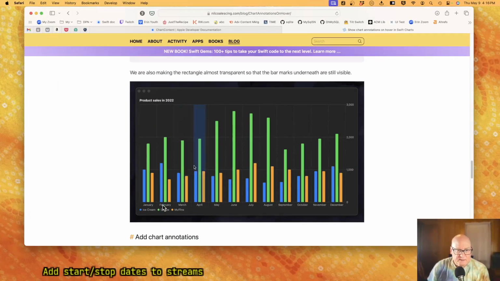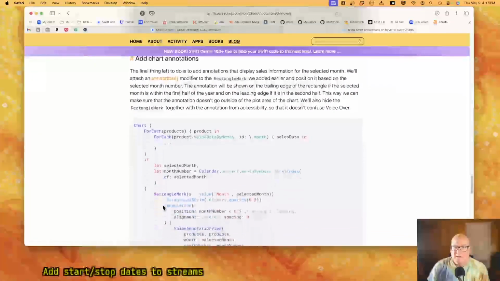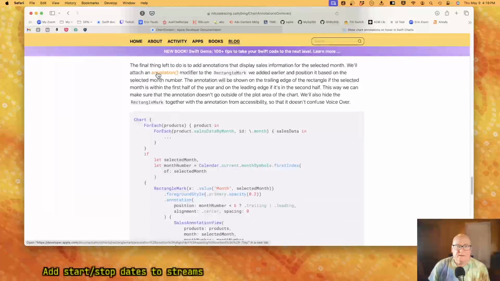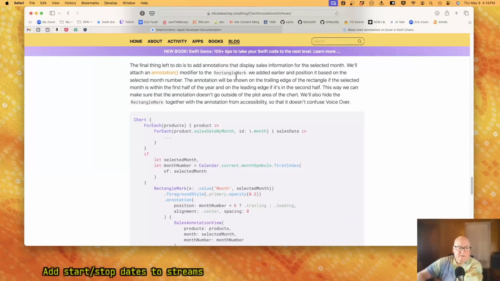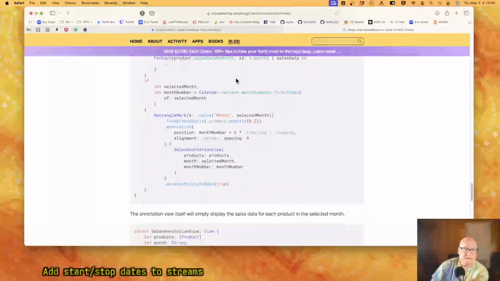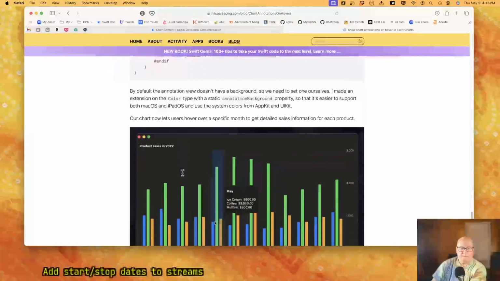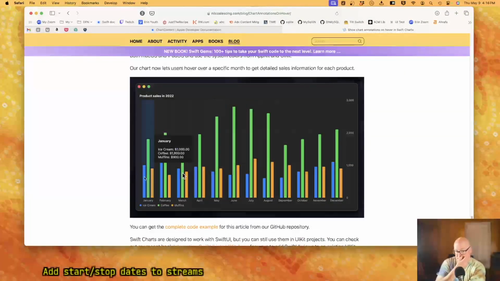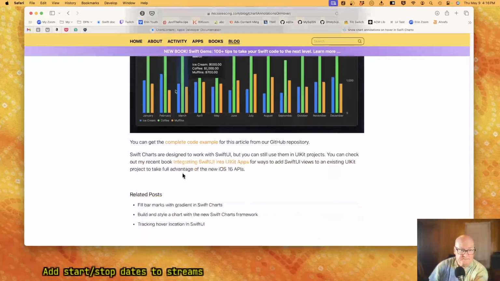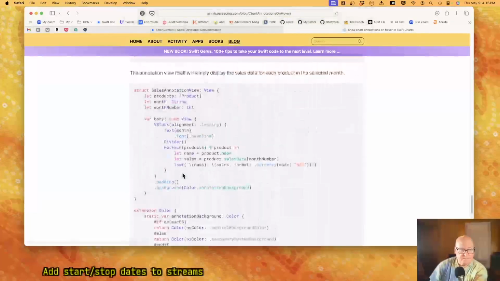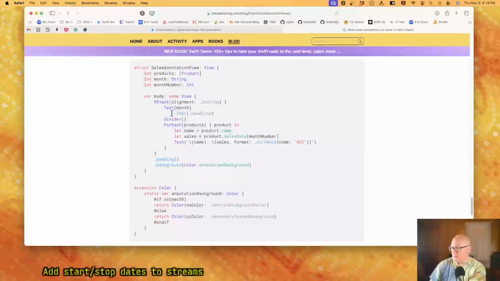I don't see what he's getting. Add annotations. Attach an annotation. Well, that's more on the lines of it.